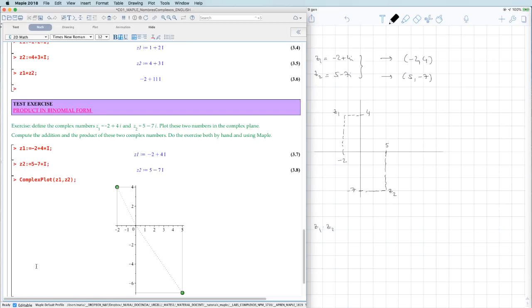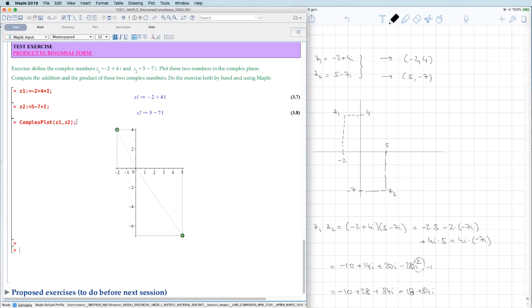So we have z1 times z2 is minus 2 plus 4i times 5 minus 7i. So it's minus 2 times 5, minus 2 times minus 7i, plus 4i times 5, plus 4i times minus 7i. So we get minus 10 plus 14i plus 20i minus 28i squared. This is the important thing. This is a minus 1, so we get minus 10 plus 28 plus 34i, which is 18 plus 34i. Let's check it. z1 times z2,